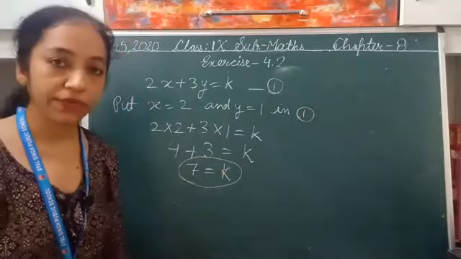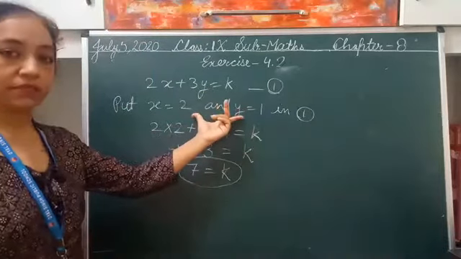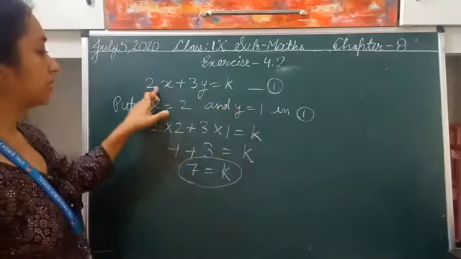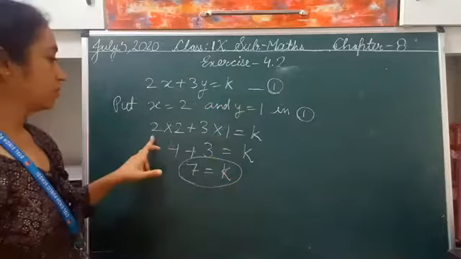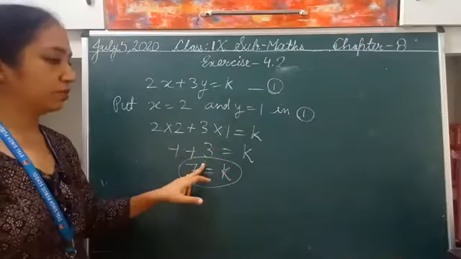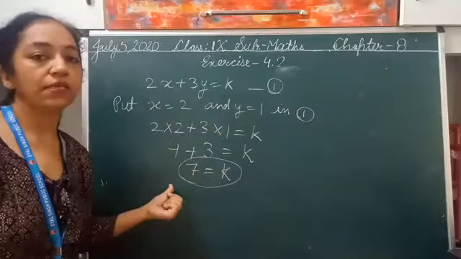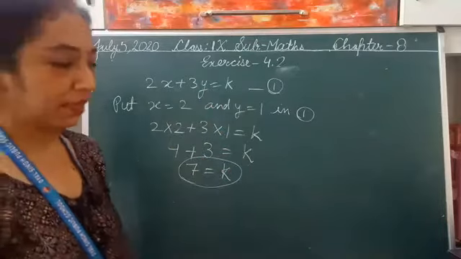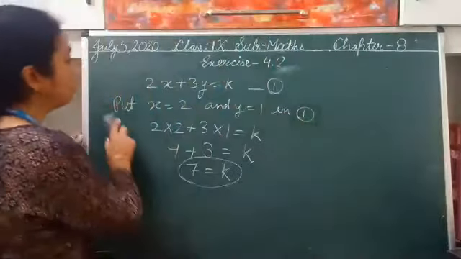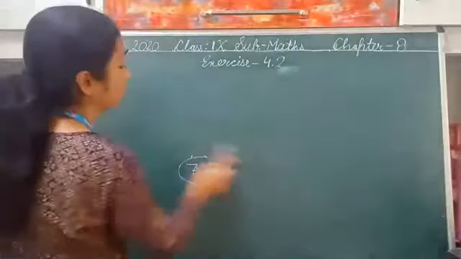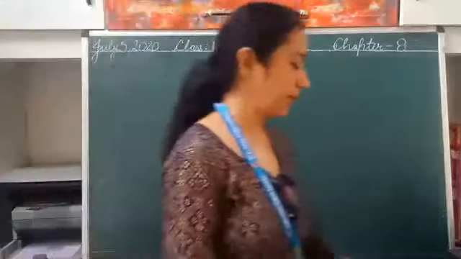आपने k की वैल्यू फाइंड आउट करनी थी. k की वैल्यू फाइंड आउट करने के लिए ये गिवन था that this is the solution. So we have put x is equal to 2 and y is equal to 1 in this equation, right? 2 2s are 4, 3 1s are 3, and 4 plus 3 is 7. So the value of k is 7, right? This is your exercise 4.2, which you have to do in your notebooks, and you have to practice other questions as well.